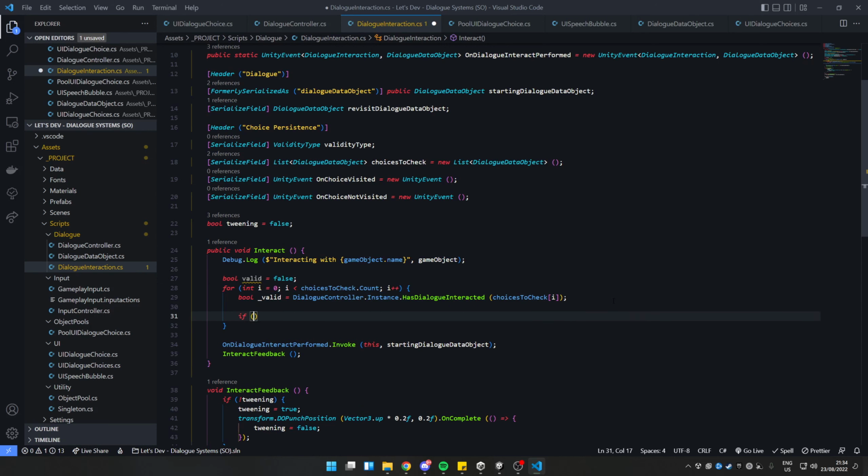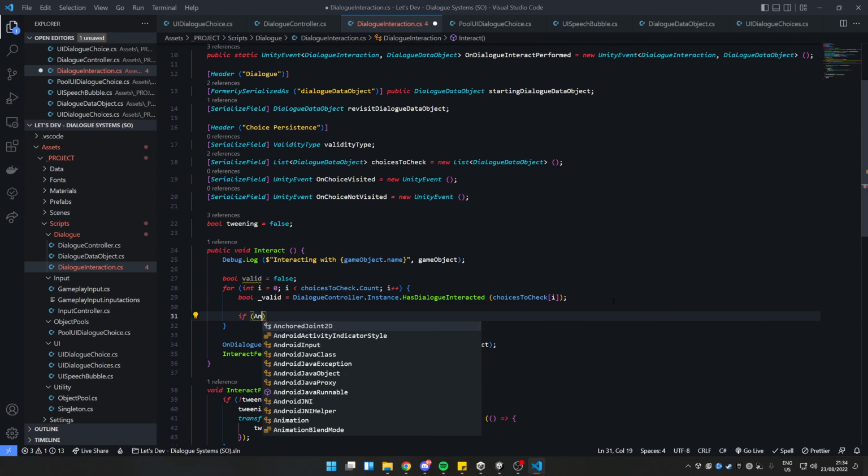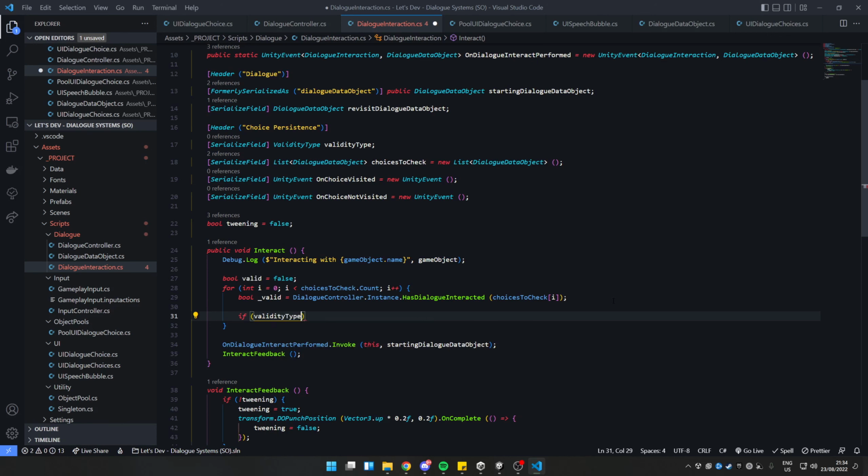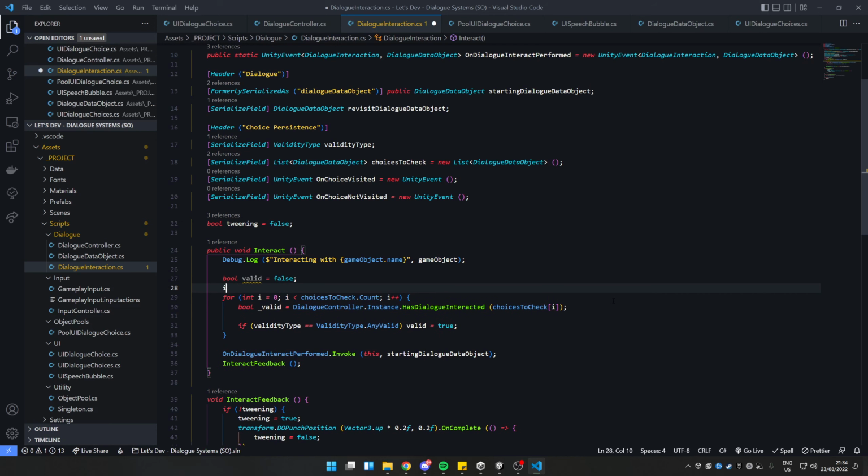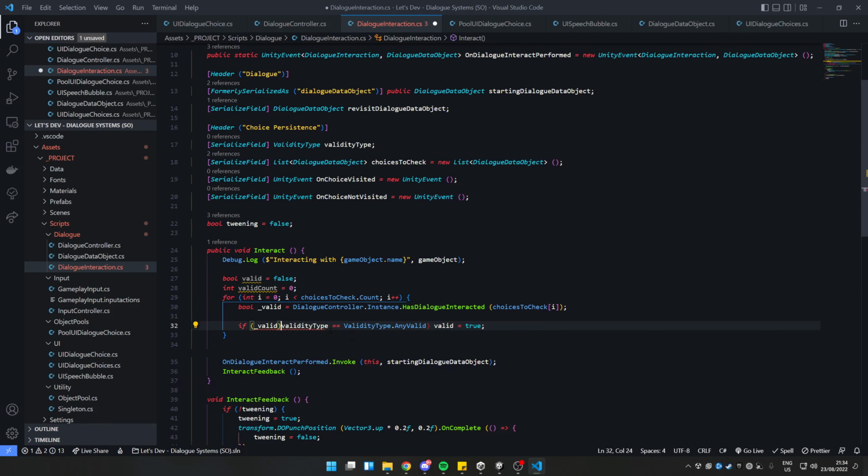Now we can say if validity type equals any valid, then valid equals true. And we can also do int valid count equals 0. Oh right, and we have to say if underscore valid. Or rather, let's do